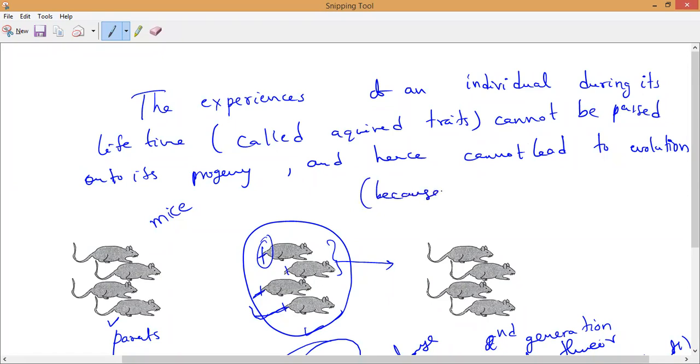Because in the exam they will ask you one more question: why acquired traits do not lead to evolution. When you write this answer, because they are not caused by what, Kevin? Caused by change in